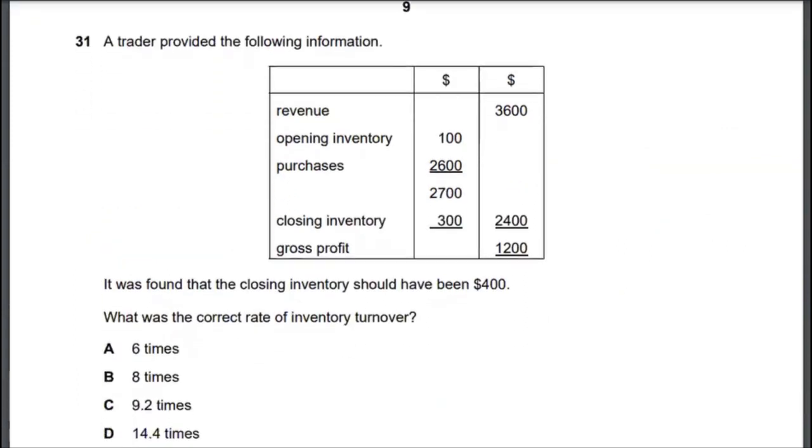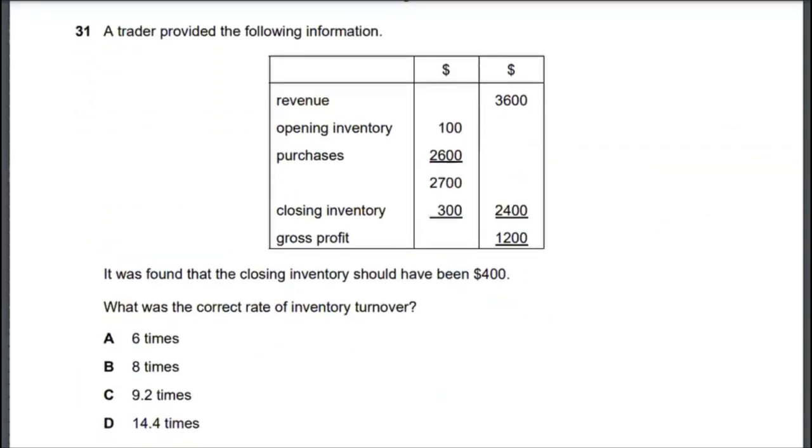Let's look at multiple choice 31. It's asking to calculate the correct rate of inventory turnover. The closing inventory should be 400, but they have done 300, right? So if I do this 400, then cost of sales will become